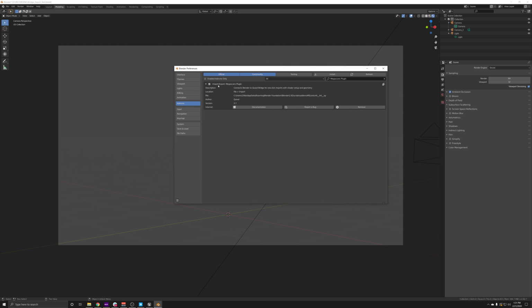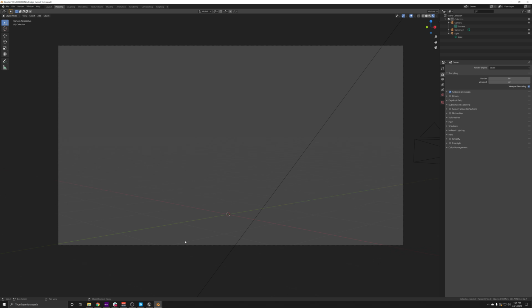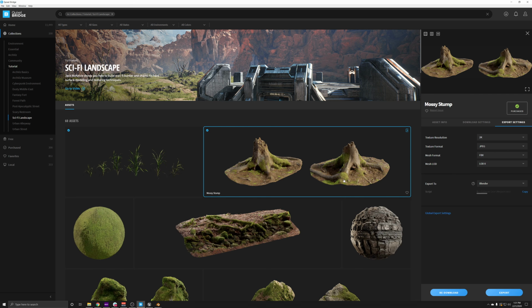You can see I've already got the Megascans plugin here, but you would just paste that script into the field and then search for the appropriate file that the installation guide tells you to search for. You install it, and then for each Blender project, I believe you have to still go through and check this every time for a new project. And so once you have that checked, then all we have to do is go back to Blender.